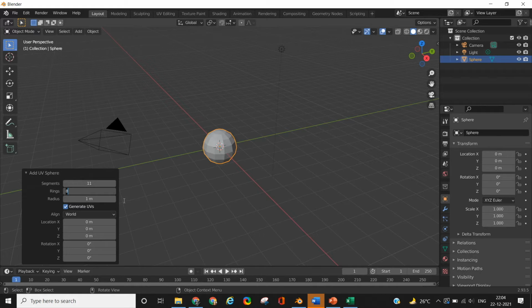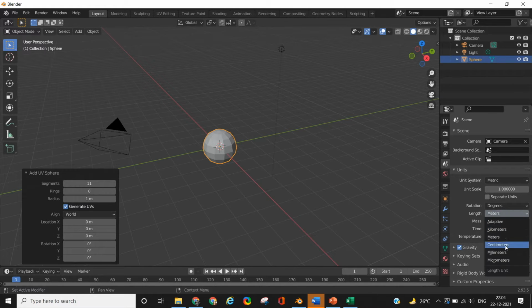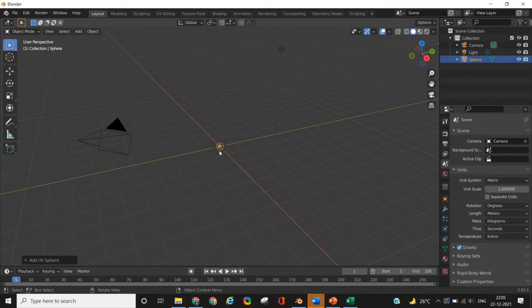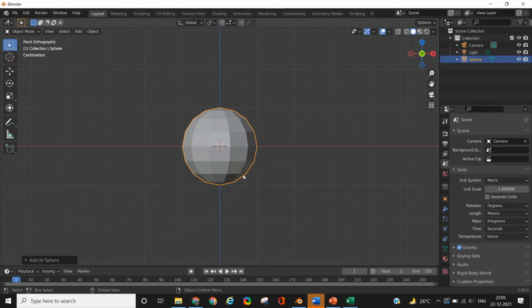Also on the right hand side panel there is an option where you can change the measuring units to centimeter, so that I have a better approximation of how big my model is going to be. So I'm changing all the units to centimeter, and then finally based on that I'm going to change the radius of the bottom portion of the snowman to 10 centimeter, that is a total 20 centimeter diameter. Since your sphere will now become very small, to zoom into the viewport you can use the scroll wheel to zoom in and zoom out of the viewport.